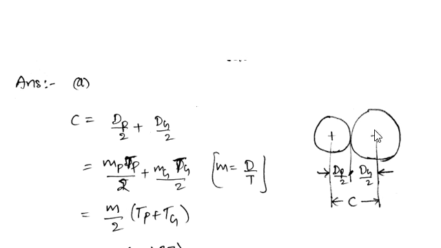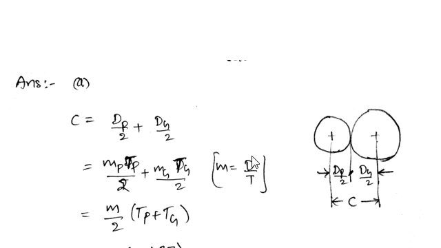Suppose you take the pinion and gear and their centers. This will represent the diameter of the pinion, and this is the diameter of the gear, and this will be the radius of the pinion and this the radius of the gear. You can write radius as half of diameter, so dp by 2 and dg by 2. When you add those, you get the center distance. So center distance is dp by 2 plus dg by 2, and you can write dp as mp into tp, where m is module and T is the number of teeth.